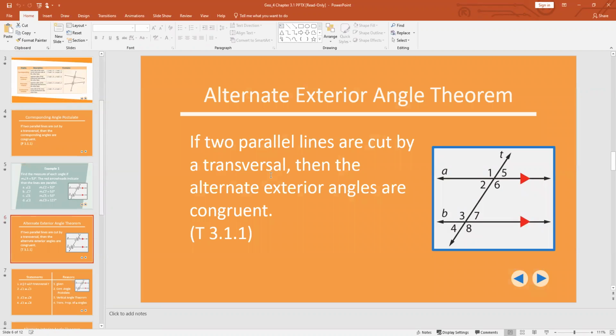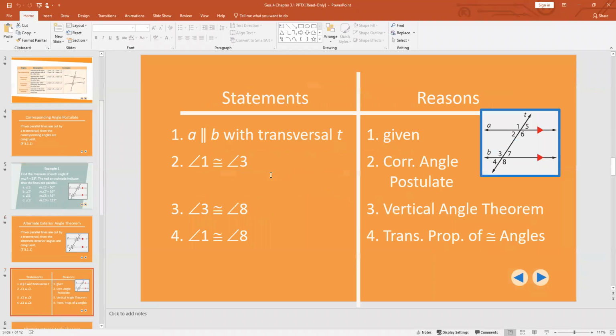So again, here's your example. That's the same one you've got right there underneath it. And they're asking us to prove it. So the statement is, if A is parallel to B with transversal T, prove that angle 1 is congruent to angle 8. So you start with your given, and then angle 1 we know is congruent to angle 3 because